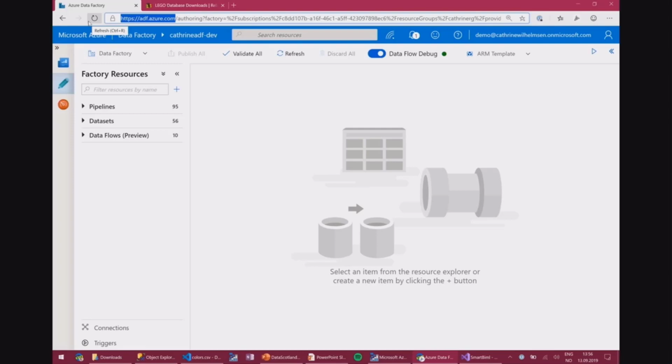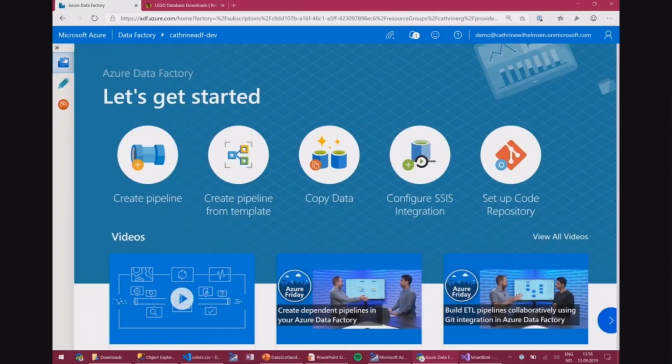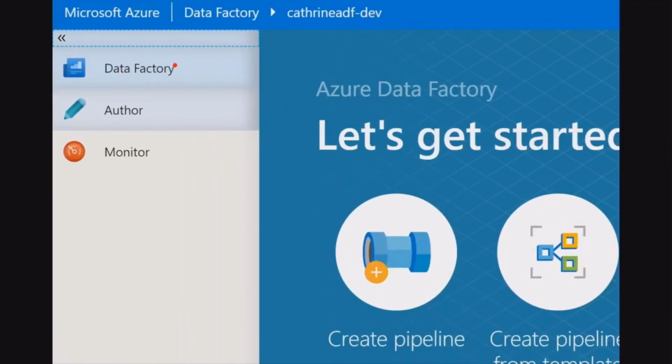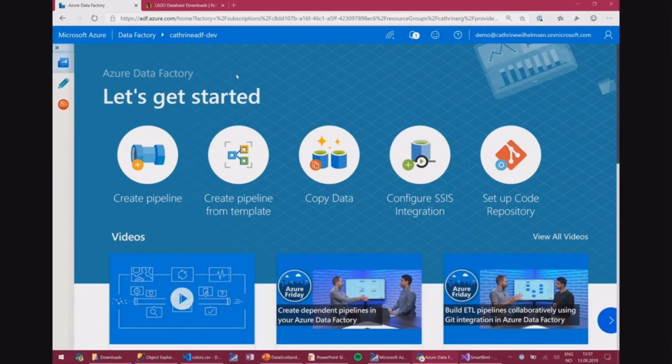If you are brand new to Azure Data Factory and you've never seen this before, you may want to go and explore kind of the Let's Get Started page. So on the side here, I can also expand this for you. You'll see 3 options. So the Data Factory Get Started page, the author view, and the monitor view. And on this page, they've actually done a fairly good job of guiding you through the entire experience. So this is an amazing tool for those who aren't traditionally data integration or data engineers professionally either. Business users can also come in and kind of figure out this stuff in a fairly short amount of time.